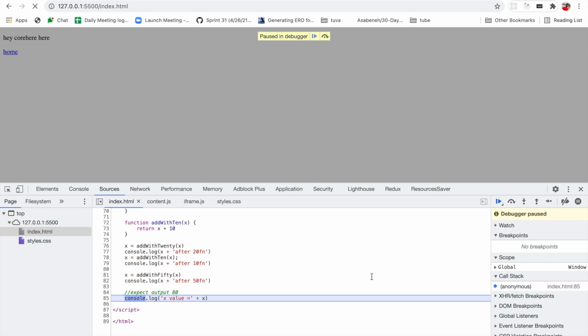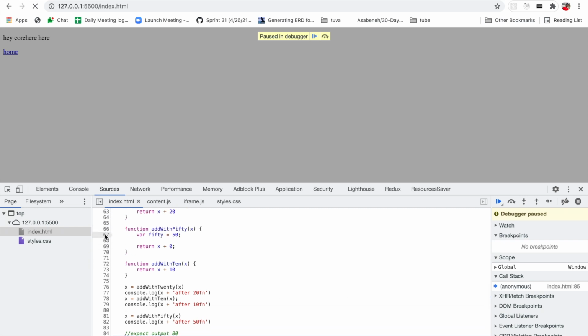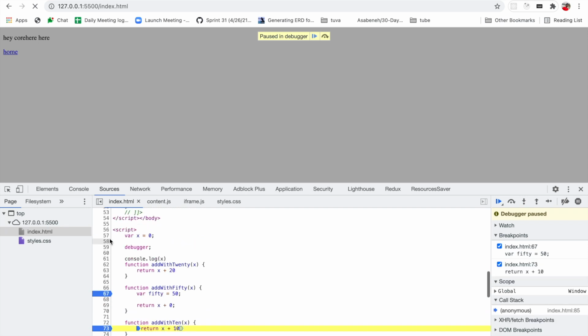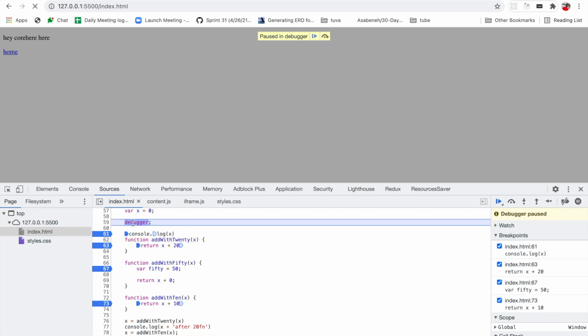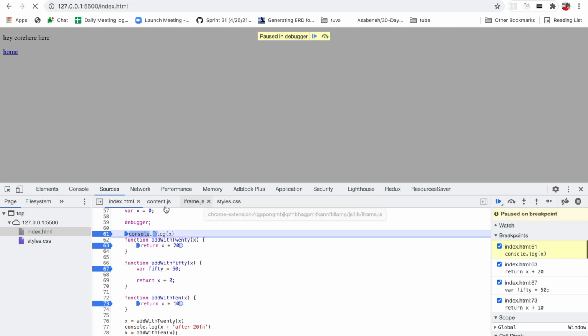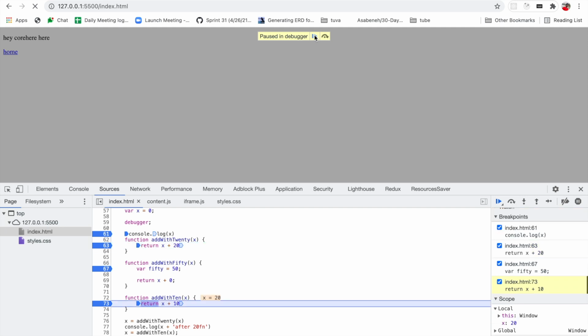But what if you are stuck in production mode? Definitely you can't add the debugger right there. In order to use the debugger feature in production mode, you can utilize this here. You can place it anywhere, something like this, which will work like a debugger. Just refresh now. This is the debugger from the code. Okay, let's close this. You can notice it triggers this debugger again. Just close this one. Right now it's triggering here, something like this.